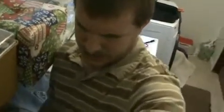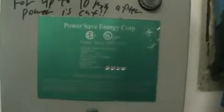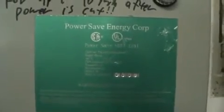Alright, we're going to be testing the Power Save model 2201, and here's the unit right here. This was actually installed about a year ago. And here's the panel. We got our power quality analyzer right here, and I'm hooked onto one of the incoming 120 phases, and there's my leads on the two buses, the hot buses,